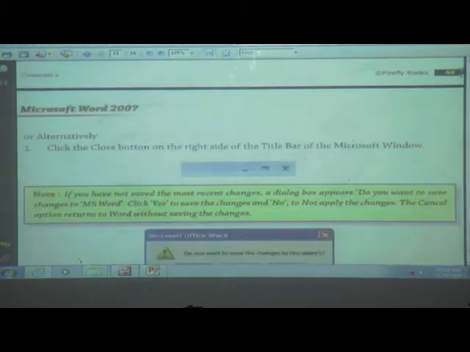Next option for closing is by using this cross button. Where are these three buttons? Yes, these three buttons are on the title bar. And what do you call these three buttons? These are the control buttons. One button is for close. By using that button also we can close Microsoft Word.